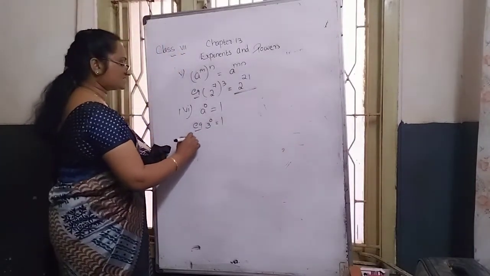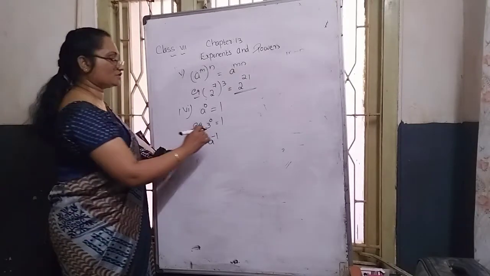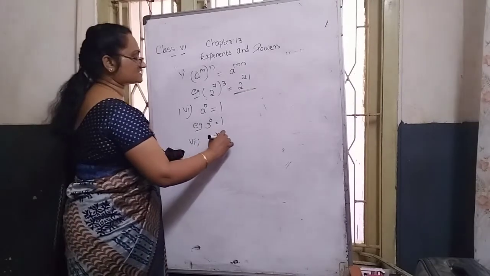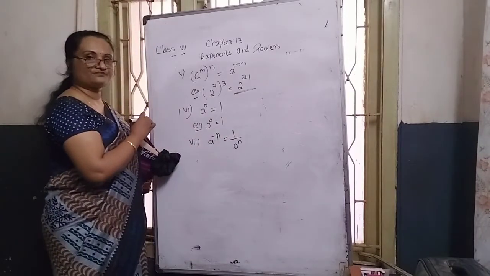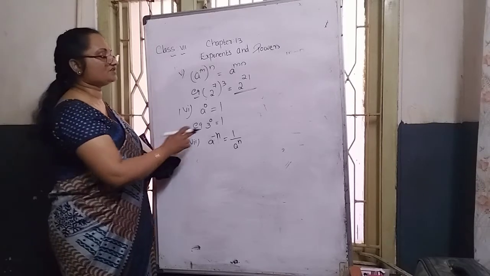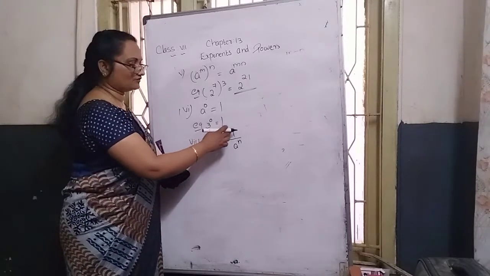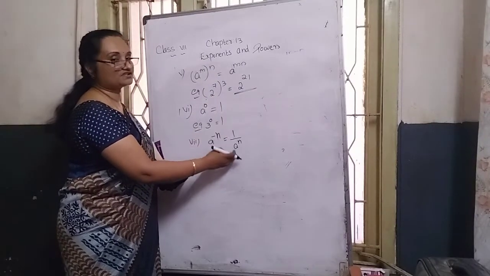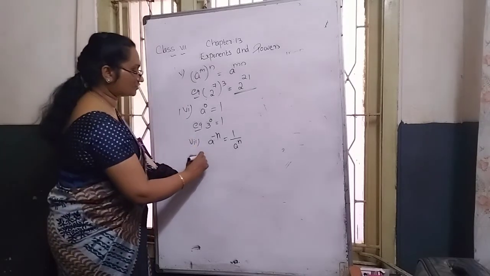That is the meaning. Seventh rule, any negative power coming, a raised to minus 1, or generally we can write a raised to minus n. In the negative power case we can write it in fractional form, 1 by a raised to n. The negative sign is removed. When a negative power comes, we express it in fractional form: we write 1 by this number in the denominator, and the negative sign need not be put again.